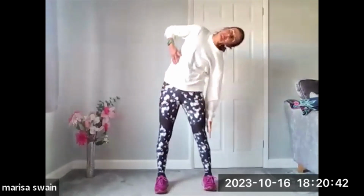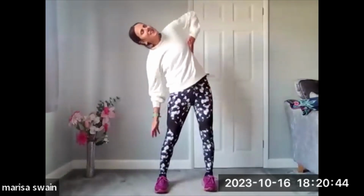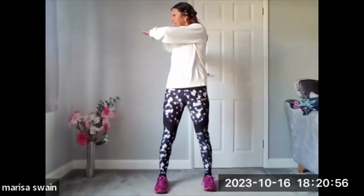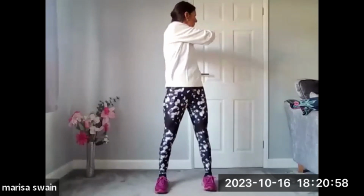So you're going to open the arms and then coming in and down. Side bend over, side bend the other side. Circle around the right arm and then circle around the left arm. Bring both hands up, elbows wide. Rotation and rotation. 2 more. 1